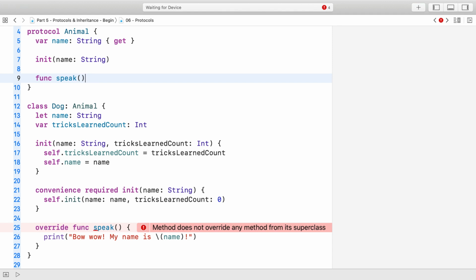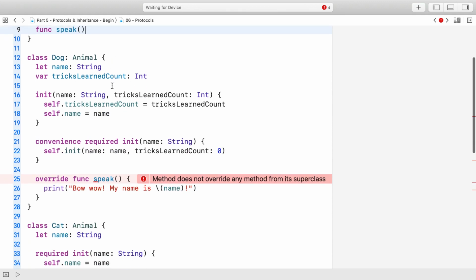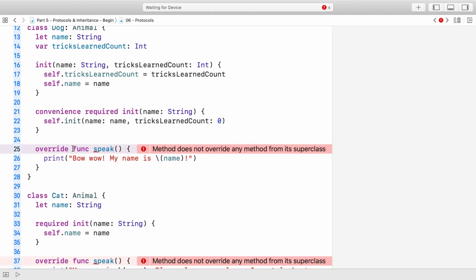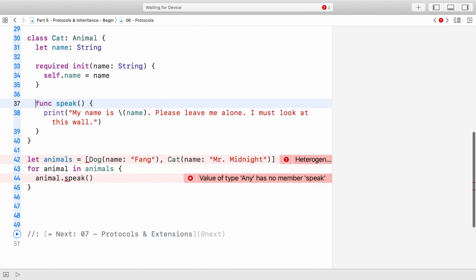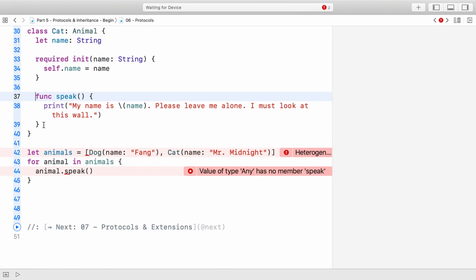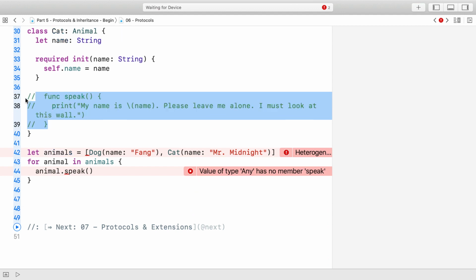What we don't do is use the override keyword anymore. That's only for subclassing. For a moment, let's comment out Cat's speak method. And you'll see that Cat does not conform to Animal.